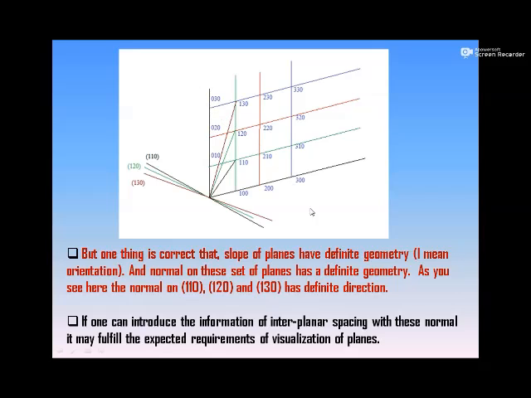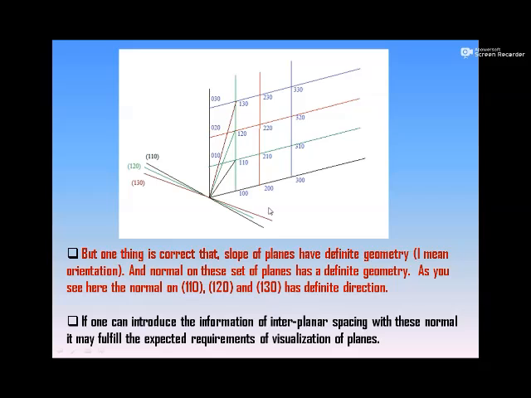Now you draw a plane 1 2 0 with a definite direction, this D120. So this vector is the direct lattice spacing of the plane, or the spacing between two lattice points. Okay, so these are the spacing between two planes designated by the Miller indices 1 2 0, and this is the spacing between two planes which is designated by the Miller indices 1 1 0. Now 1 3 0 is defined by this brown line, and its lattice plane spacing is basically defined by this